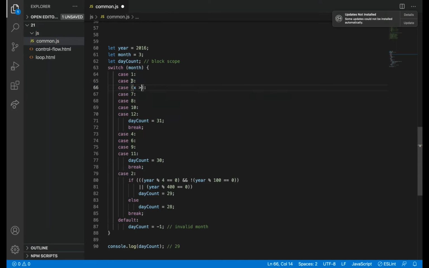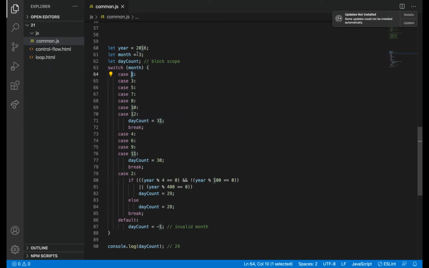Like if x is greater than y. Kind of. But mostly we need to use this expression, right? So we can say month is greater than this, kind of. So we can say the month is odd month, even month, anything. So we can write any conditions here. Instead of numbers, we can write it as a string, and also instead of a string, we can write it as a condition too.